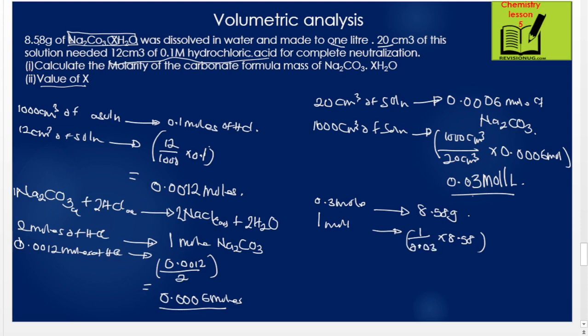Then we compute this one, which is going to be 1 divided by 0.03 gives us that one, then times 8.58 giving us 286 grams, which means that now the relative formula mass for our